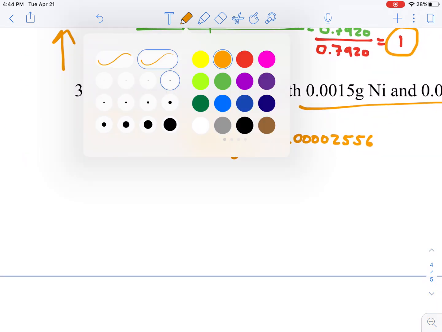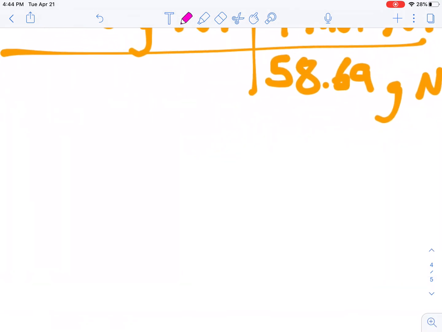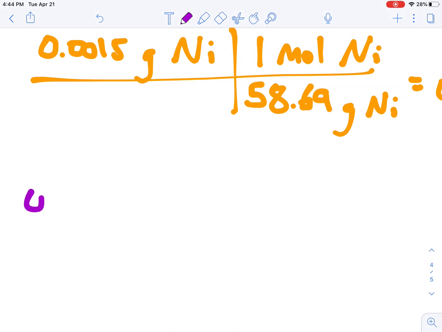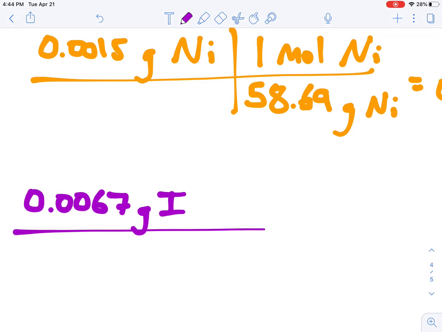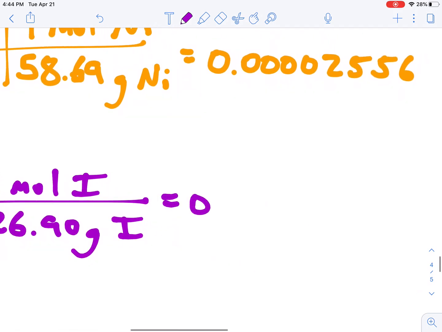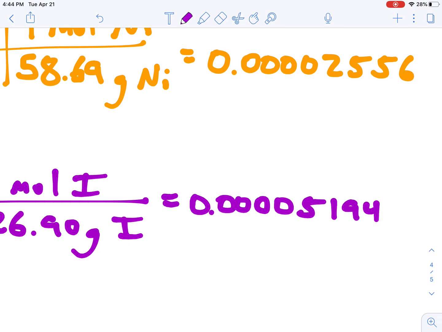We can do the same thing for the iodine. Iodine has a mass of 0.0067 in the problem. And we can convert that to moles using our periodic table. So 1 mole of iodine has a mass of 126.90 grams from the periodic table. Do that division and you will get 0.00005194. So again, really small number, but we don't really care that these are small numbers because we want the